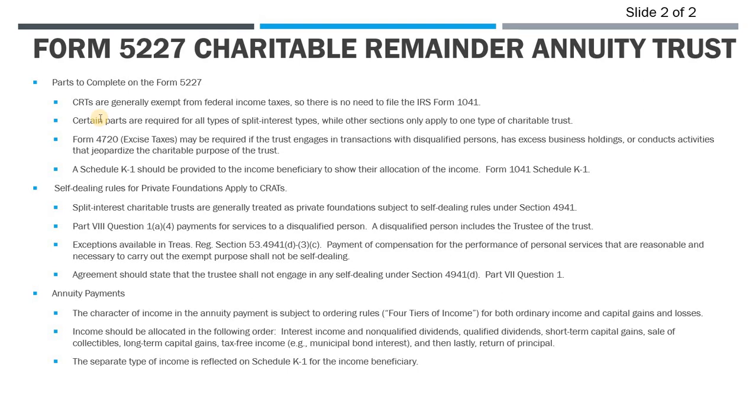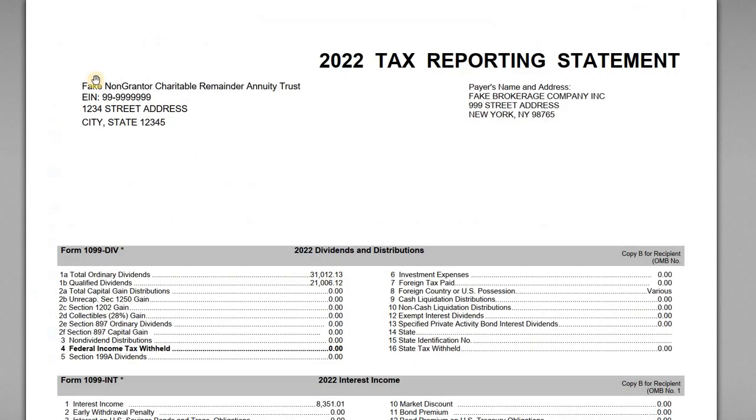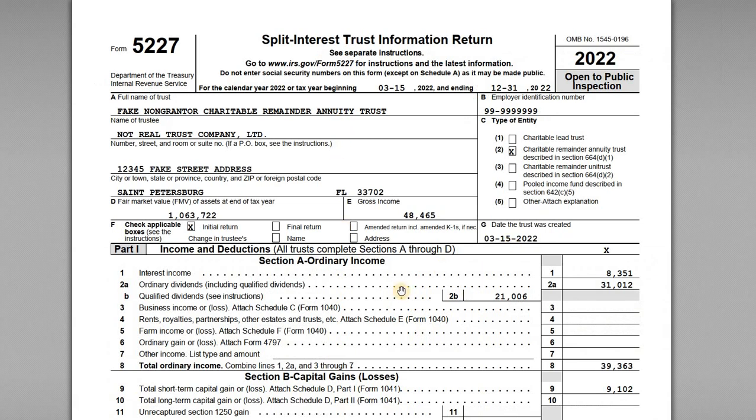If you have any kind of self-dealing issues or jeopardizing investments, maybe you've got to do a 4720 as well for some excise taxes. So a lot of things to just kind of be on the lookout for with respect to what kind of activities are going on in your trust, who's involved, and what you have to do on the return. All right, so let's look at the return, and we'll start to look at the income information later,